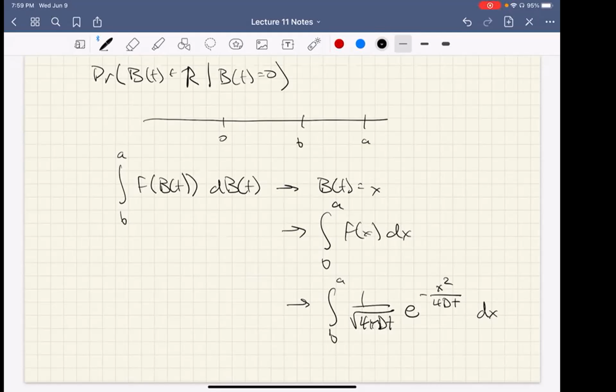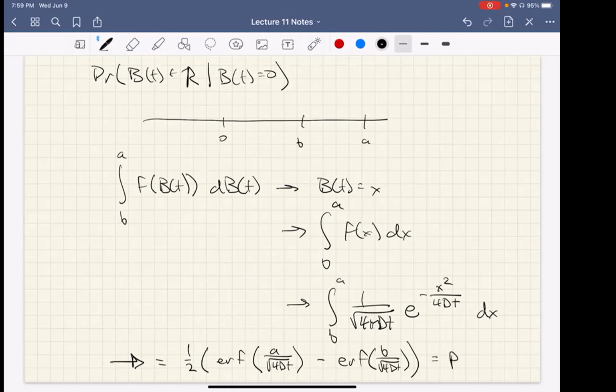In fact, it will turn out that this is equal to, if you use the error function, 1/2 the error function of A over root 4 dt minus the error function of B over root 4 dt. If you don't like the error function, it's possible to express this using your favorite defined function of the Gaussian integral. But this then becomes